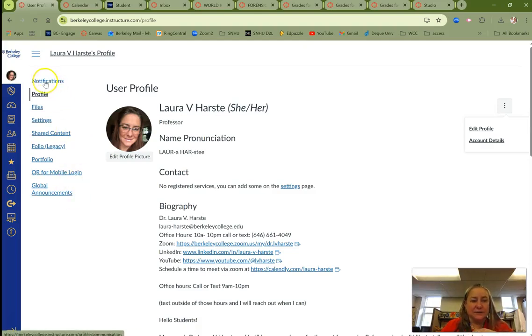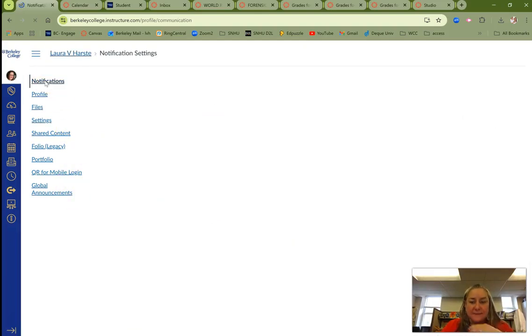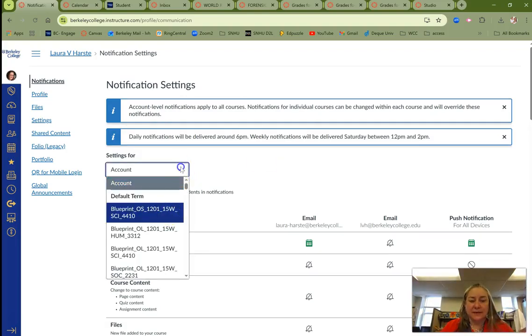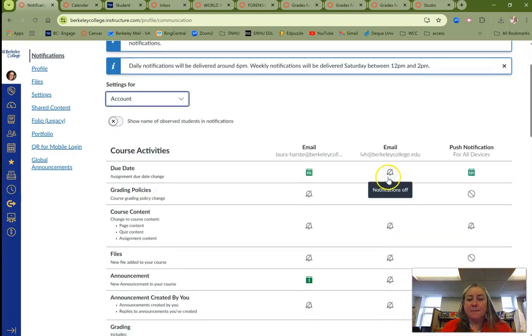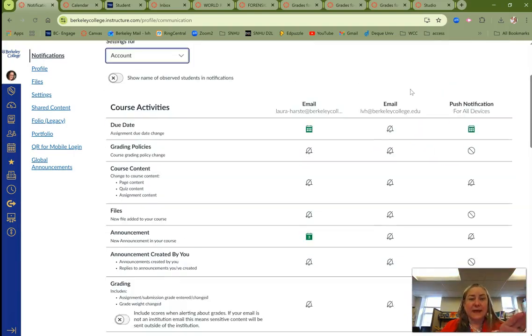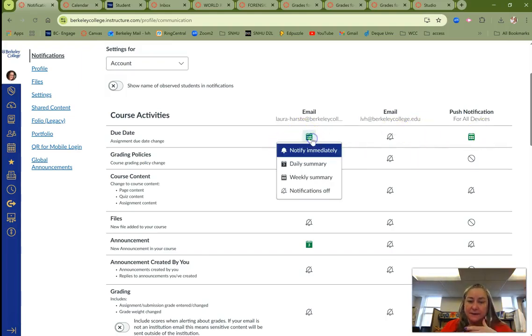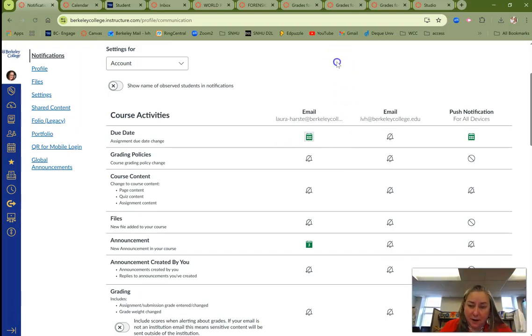I'm also going to recommend you at some point to go to this notifications. This will allow you to choose what notifications you want to get on a daily basis and where you want them to go. You can set them for your account by using the account level, or you can set them from a specific course. But there are some things you want to see, and understanding these icons matters. So if you click on any of these different options like email, this says I get a weekly summary, so you can get emails about due dates, notify immediately, a daily summary, a weekly summary, or you can turn those off. Don't turn off your due dates, but you can say you maybe just want to be notified once a